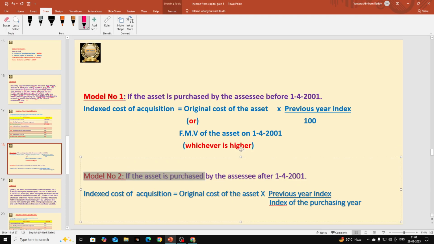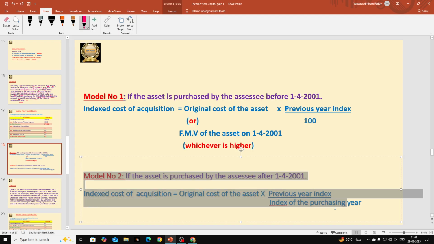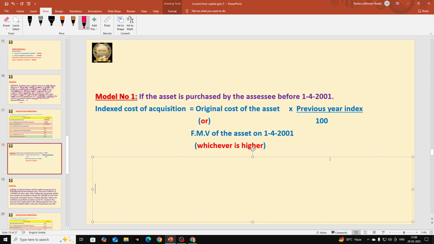I am going to delete that because that is useful if the asset is purchased after 1-4-2001. But here he did not purchase it after 1-4-2001. He purchased before 1-4-2001. So we are going to take the first formula. I removed the second model. So what is this first model? Indexed cost of acquisition